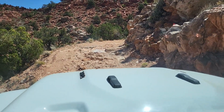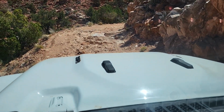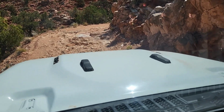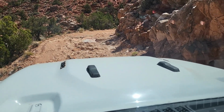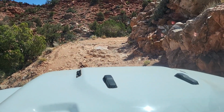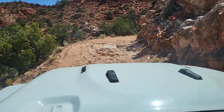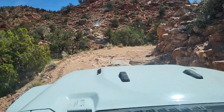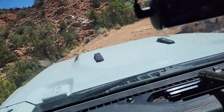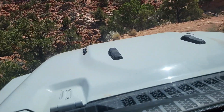In order to take this corner, you've got to pull it out to the edge and get one wheel up on that rock ramp. If you don't, you've got to be able to climb straight up the right side and possibly cut your tire. I'm going to do this, but the first thing that came to mind was Chicken Corner in Death Valley. Oh yeah, we're going to push it out to the edge, take that ramp, and wonder where...